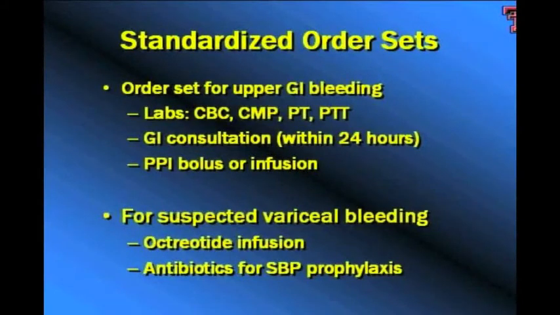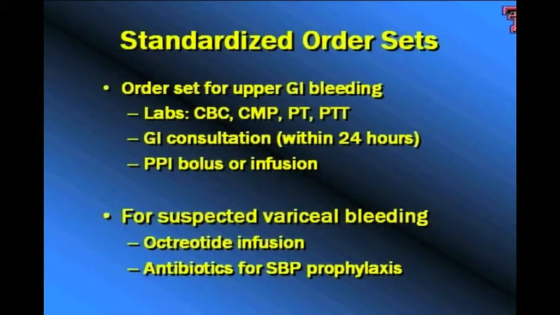So we would like to see if we created our own standardized order set, whether this would make any difference or not. So we created our own upper GI bleeding standardized order set and implemented it in our hospital on October 1st, 2009. Based on the latest recommendations, our standardized order set includes, number one, basic labs such as CBC, comprehensive